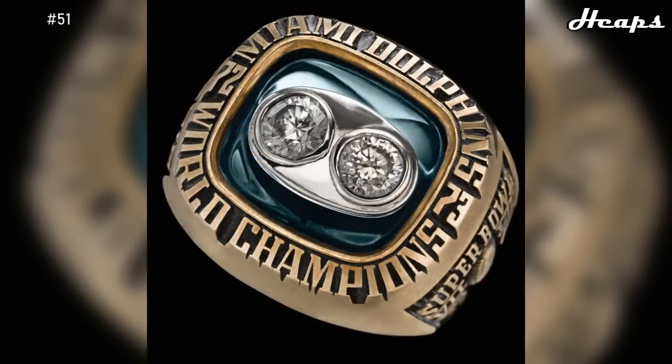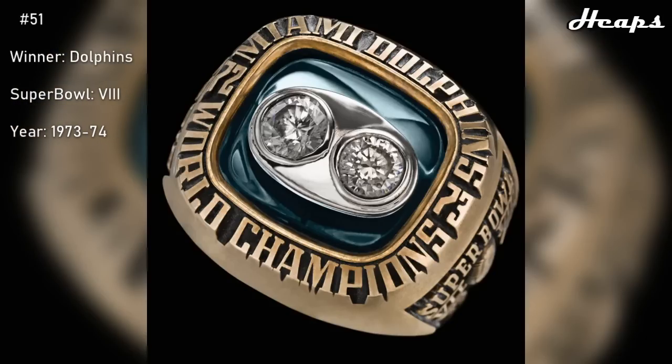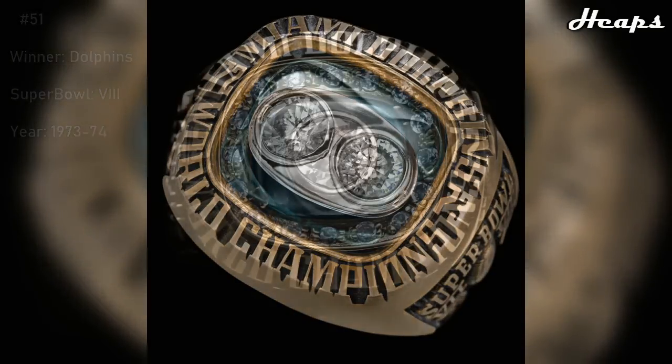At number 51, we have the Miami Dolphins Super Bowl VIII ring. I actually really enjoy the dark turquoise in the background, signifying obviously the Dolphins' main color, but the 2 diamonds in the center representing the 2 Super Bowl rings is also a nice touch. Not much more to say about this ring, so let's move on to number 50, where we got the Dolphins'